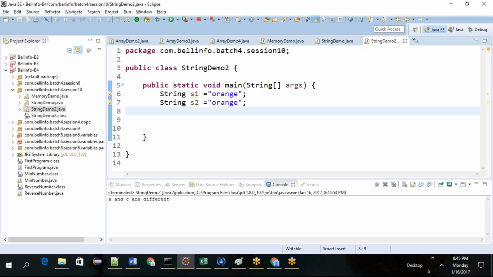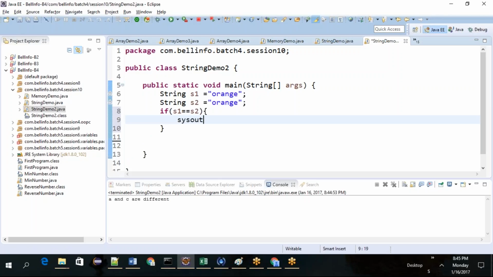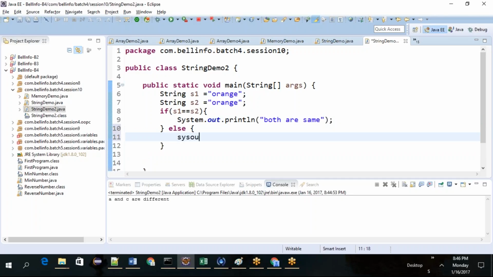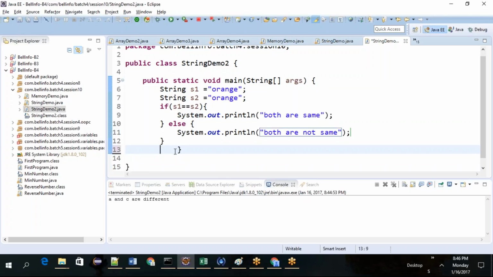If I compare these s1 and s2, if s1 double equals s2, print both are same, else both are not same. Let me run this program.